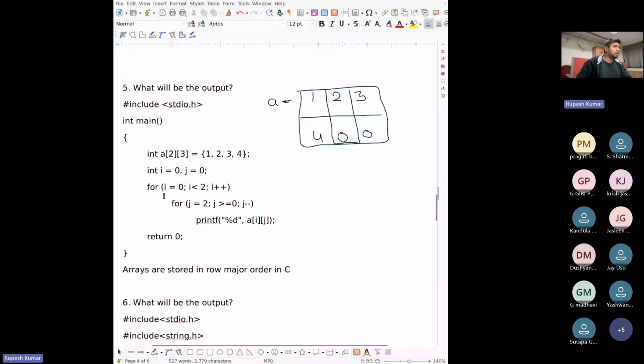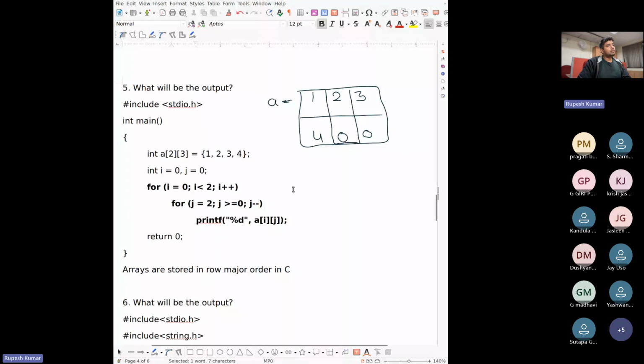And you can see there are no curly brackets here, but why don't we need them? Because we all know that if you don't have a block specifying the scope of any loop or if-else statement, then only the next line is under its scope. So for the top for loop, the next for loop will be under its scope, and inside the inner loop you are printing the integer values using the format specifier percent d and values a at i comma